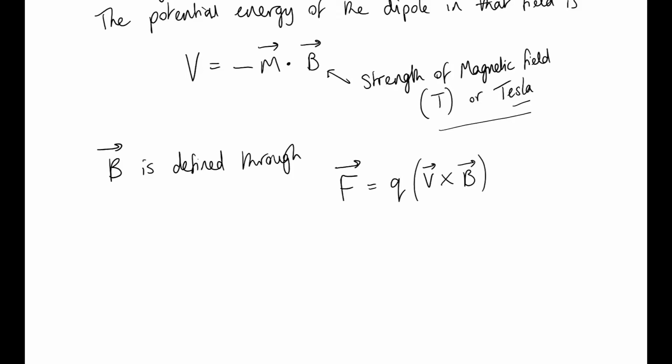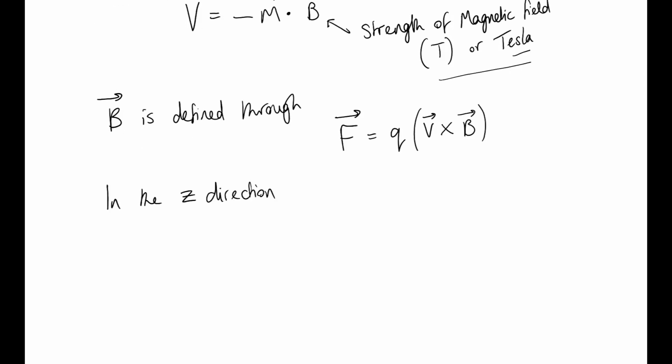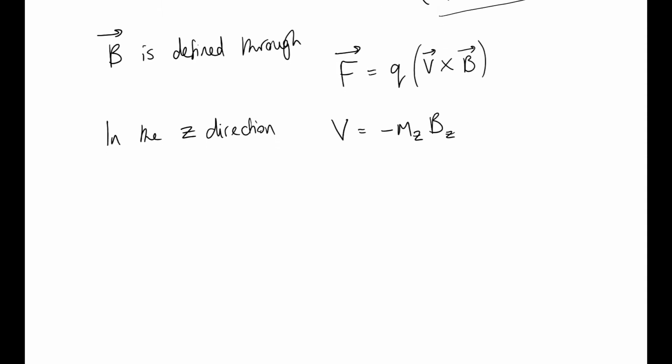What we can do now, though, is resolve this in the z direction. So in the z direction, that potential energy is equal to minus m sub z times the magnetic field strength in the z direction. So no longer vector quantities, because these are now in the Cartesian coordinates of the z direction. And we remember from before, this is actually equation 7.37 from Quarry, and that is, we've written that already, that